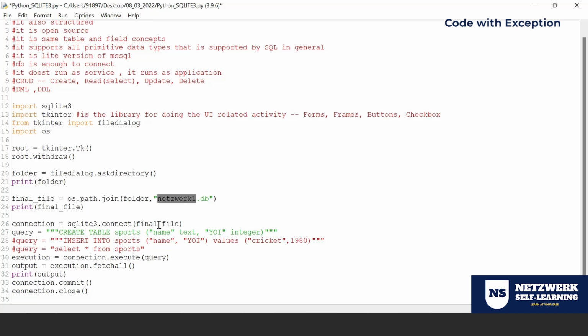Again, I'm repeating, ask directory is to select the folder for the first time, because when you do select, it is altogether a different story. Select query means you need to connect to the existing DB. So you need to use some other tkinter dialog boxes. So ask directory is only to choose the folder. Okay. So when I run,